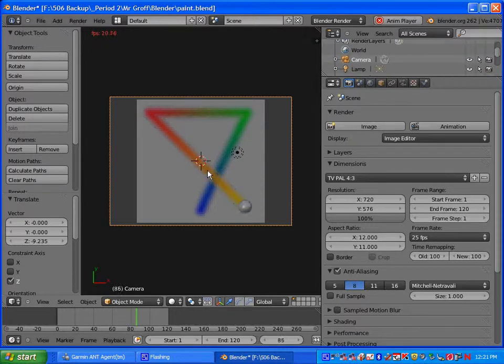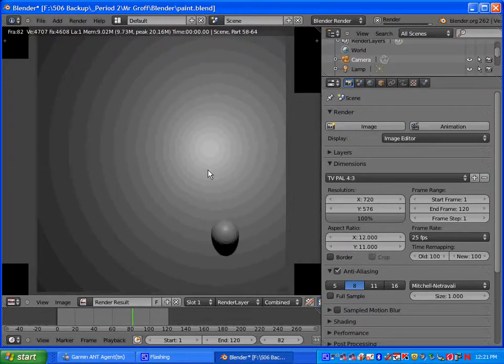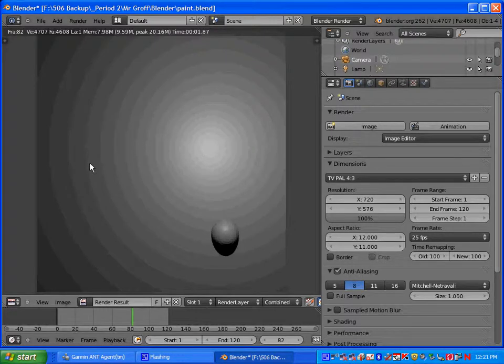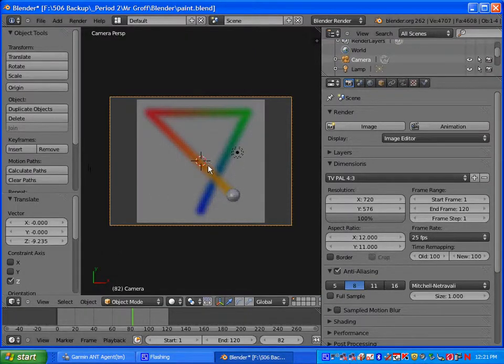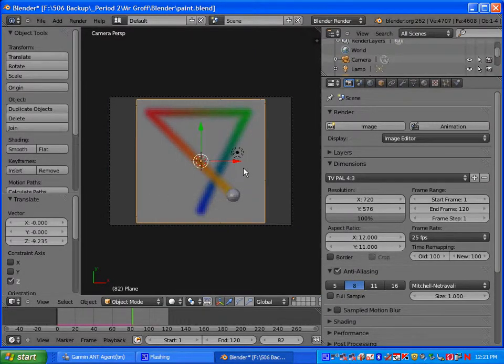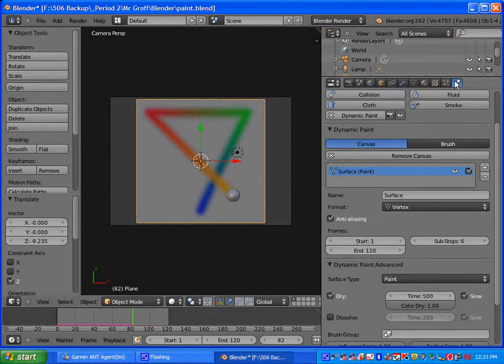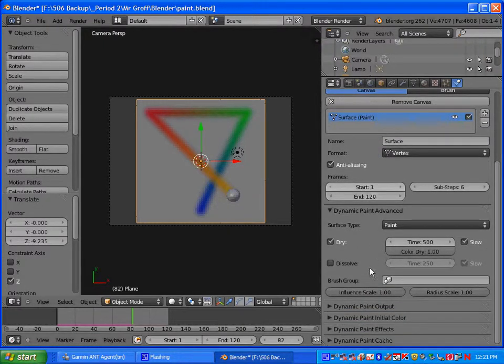Alright, once you have your camera set up, you can go through the animation and press F12. And when you do that, you'll notice that the colors don't come out. Okay, this is how you fix it. You want to select your canvas and you're going to go to physics, and under physics you're going to select dynamic paint output,